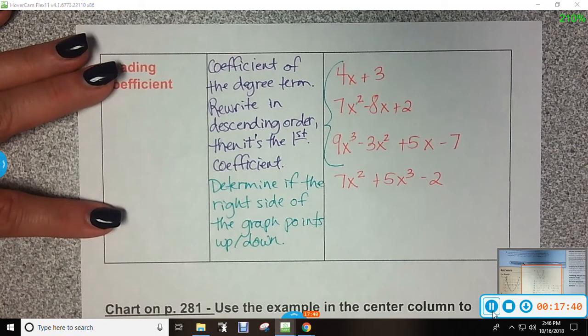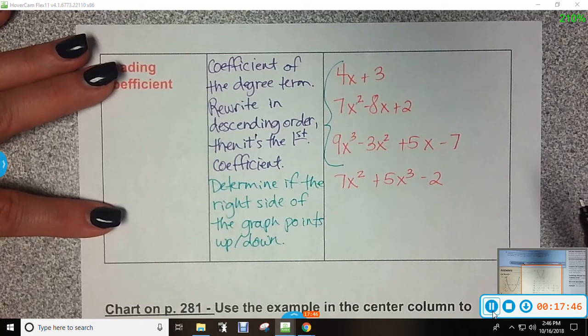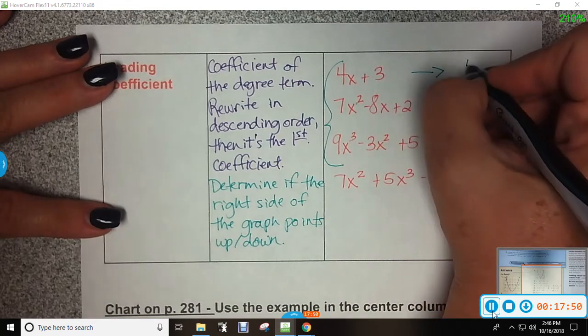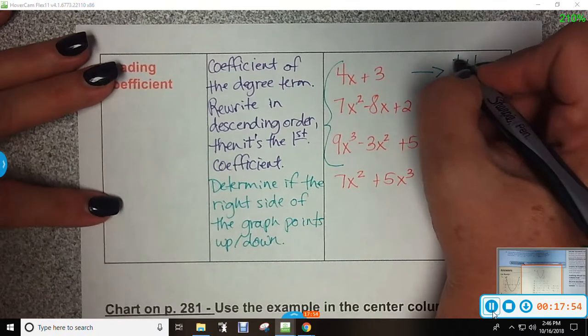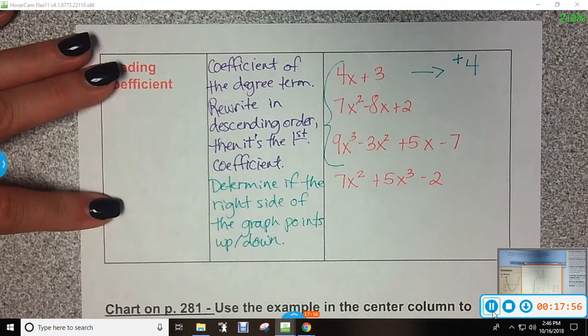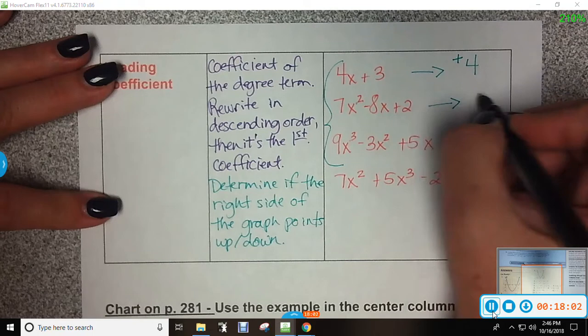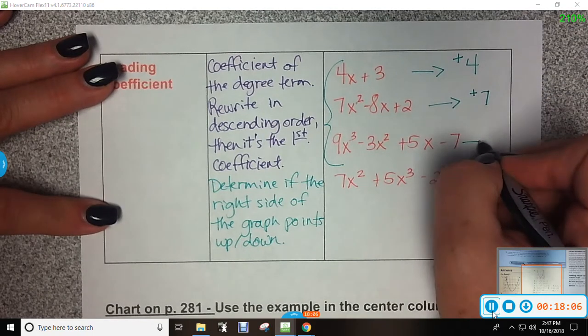Because they are written in descending order, I just picked the very first coefficient for each of those. So for this one, my leading coefficient is 4, and more importantly, it's a positive 4. I really care more about whether it is positive or negative than I do about the number. For this one, your leading coefficient is a positive 7. This one, it's a positive